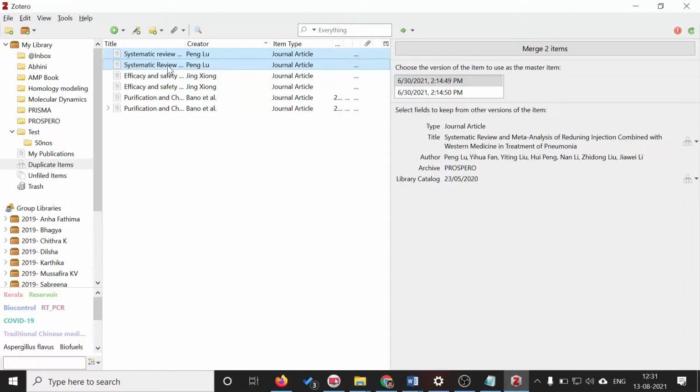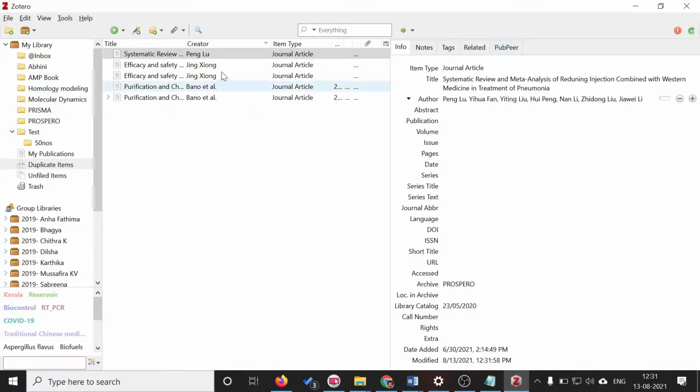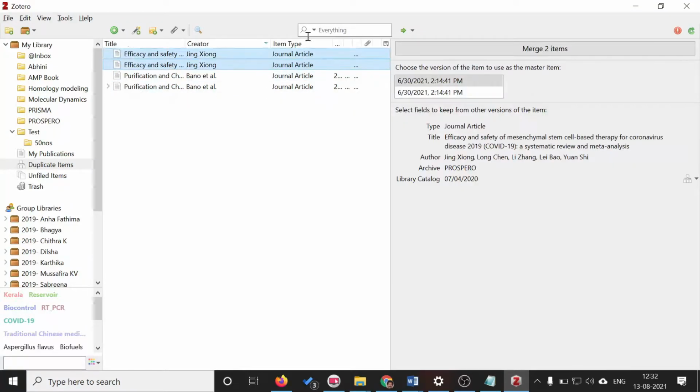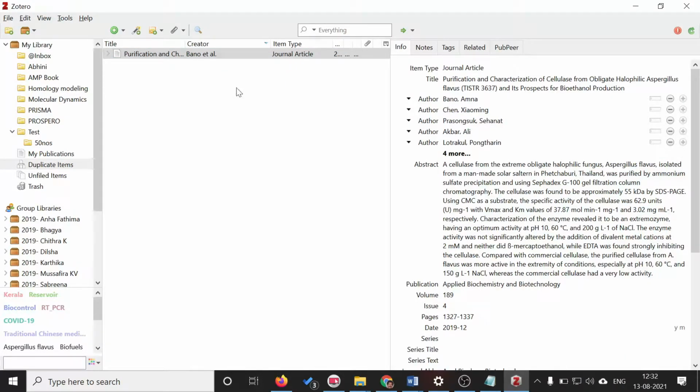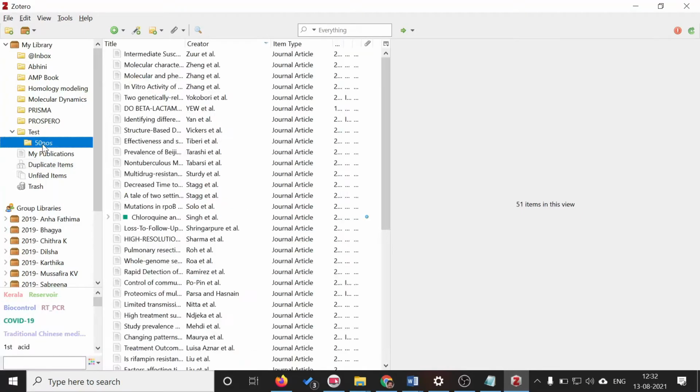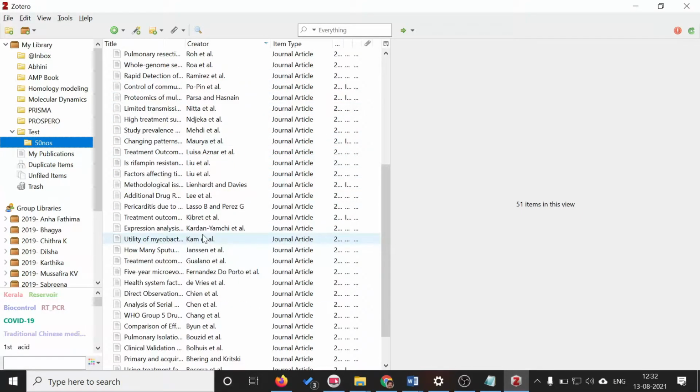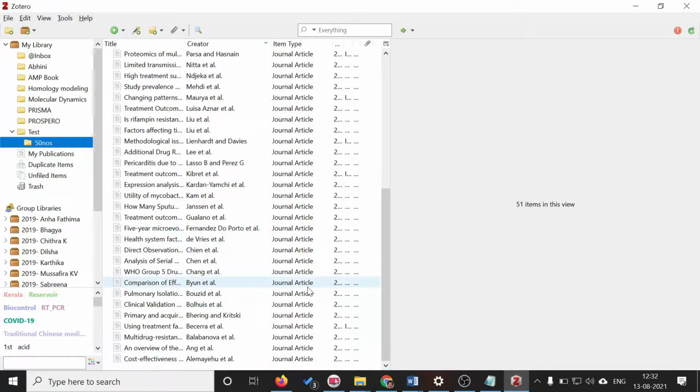So this again, this is another duplicate. You can merge all the duplicates by clicking on this option. So the duplicates can be selected and they can be merged together. So now you don't have any additional duplicates. Only a single copy of the article is now available in the database. Is it clear?